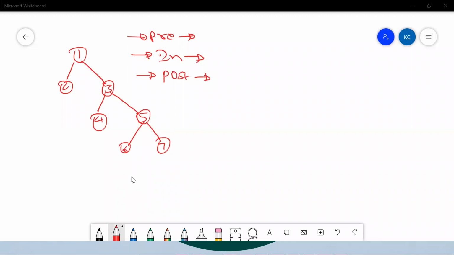So in order is 2 1 4 3 6 5 7. Correct. You're correct, Tanmay. Pre-order, Lata, you're correct. Let me write the answers that you guys have given.